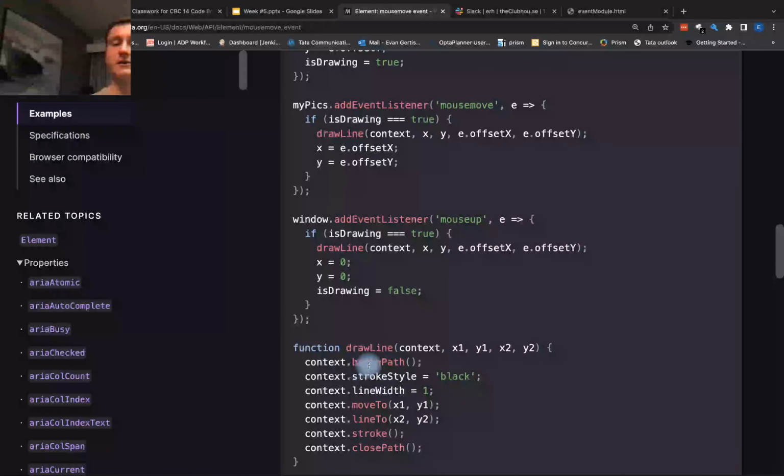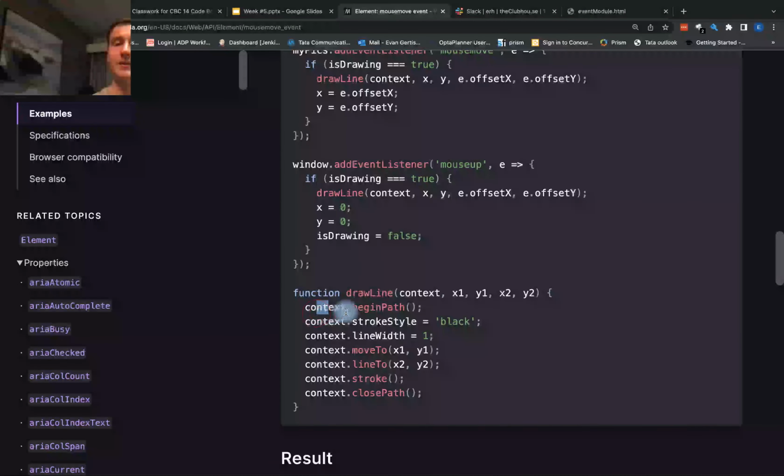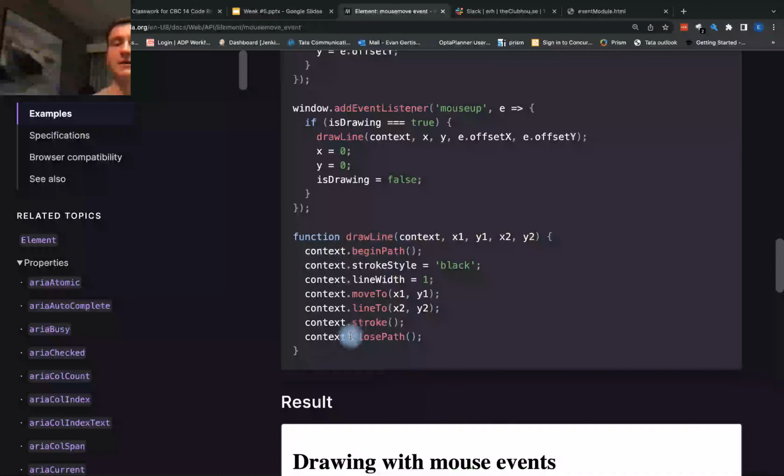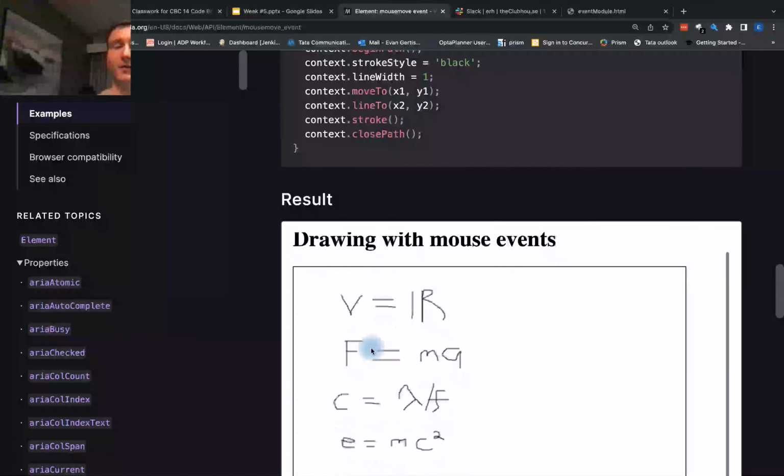And then here's where we're actually drawing the line. This context.beginPath is where it starts, and then we have context.strokeLine. This is how we can start the drawing. So here are a couple of